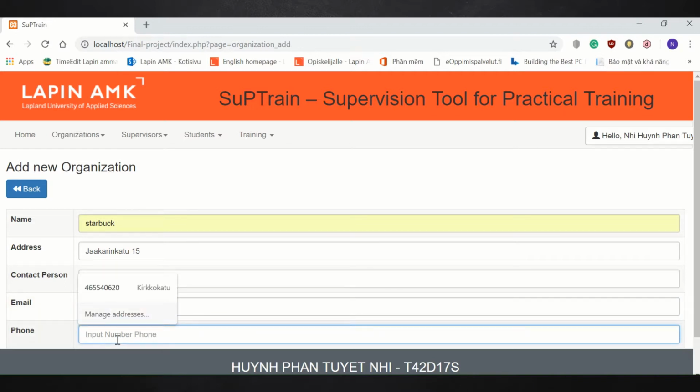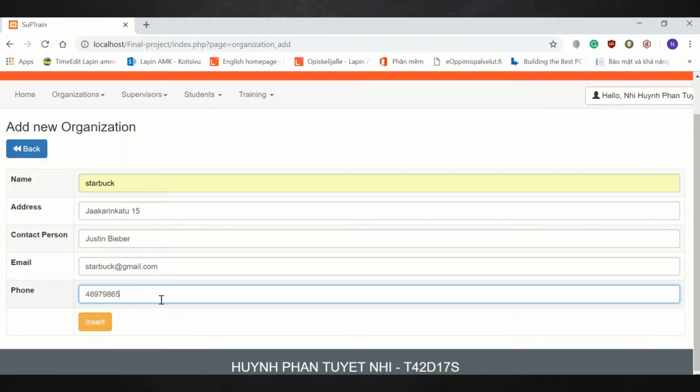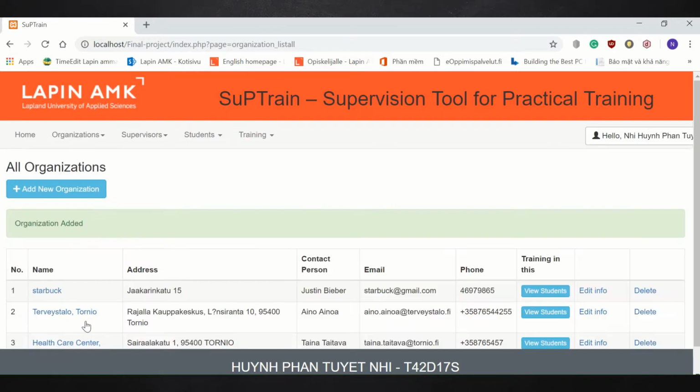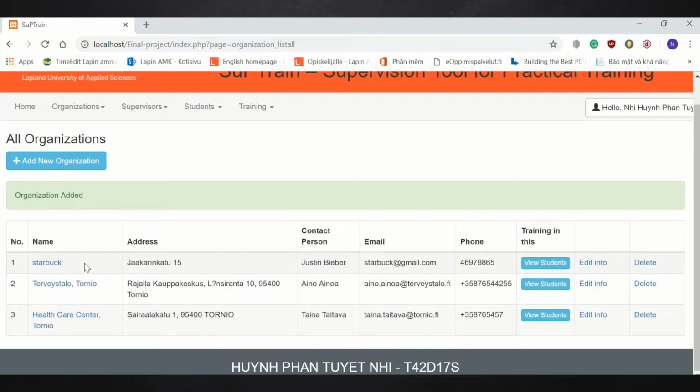The phone number. Then insert. Now one more new organization has been added to the list, and in order to edit the information,